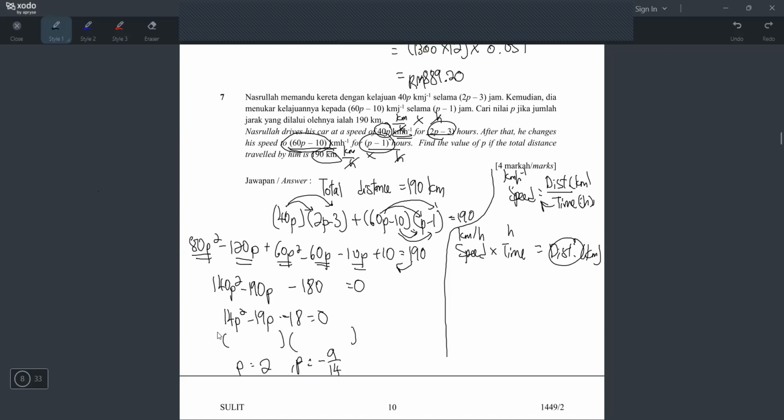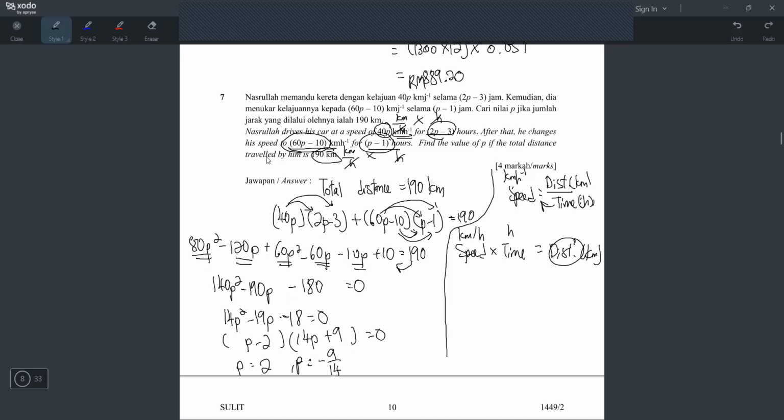This is very basic. Okay, atas kena tulis bracket equals 0. And then here I have to tukar tanda. If P is positive 2, P minus 2 lah. And then P minus 9 over 14, it will be plus 9. And the over 14 have to tulis depan. Okay, it means tambah jadi tolak, tolak jadi tambah, bahagi jadi darab. So the 14 become darab. That's why you have to write in front like that. Okay, sudah siap. Tapi wait.